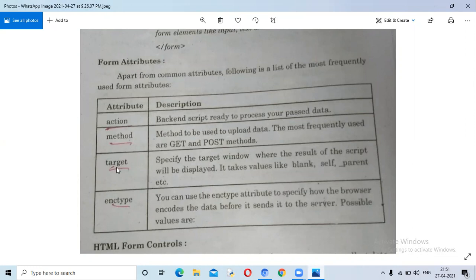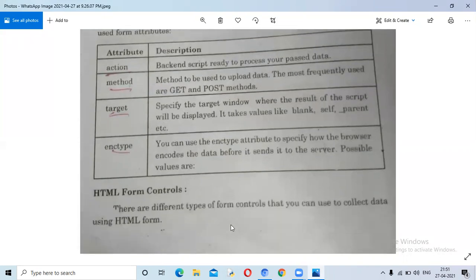Target: specify the target window where the result of the script will be displayed. It takes values like blank, self, parent, etc. Then enctype: you can use the enctype attribute to specify how the browser encodes the data before it sends it to the server, and possible values are.